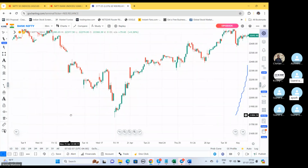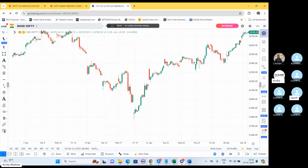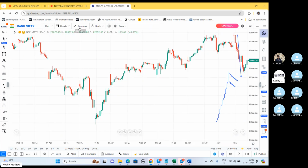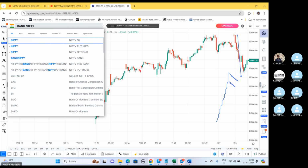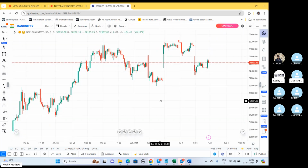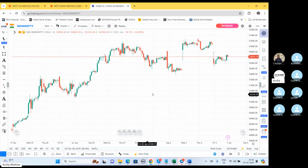This chart is still NSE Nifty, no, not Bank Nifty. No, this is Bank Nifty, right? Oh, the top, yeah, because you did not select it probably. I don't know why it's not changing. No, because you did not select it when we got the options, when you filtered. Oh, I had not selected. Sorry, Nifty. Okay. Yeah, correct. Oh, okay, now great. Thank you. So here we need to check for